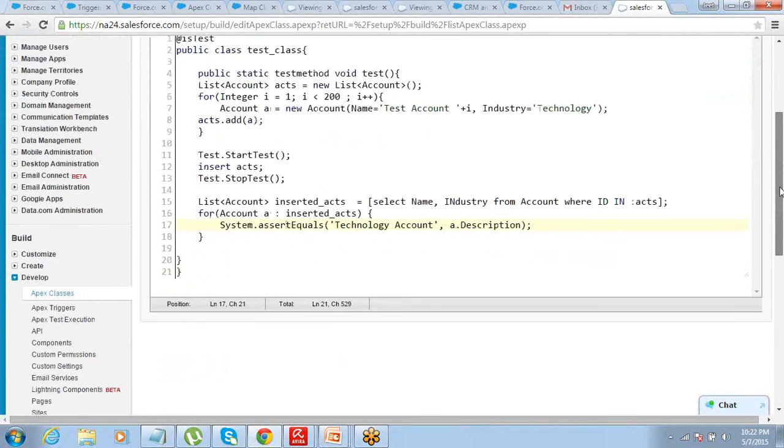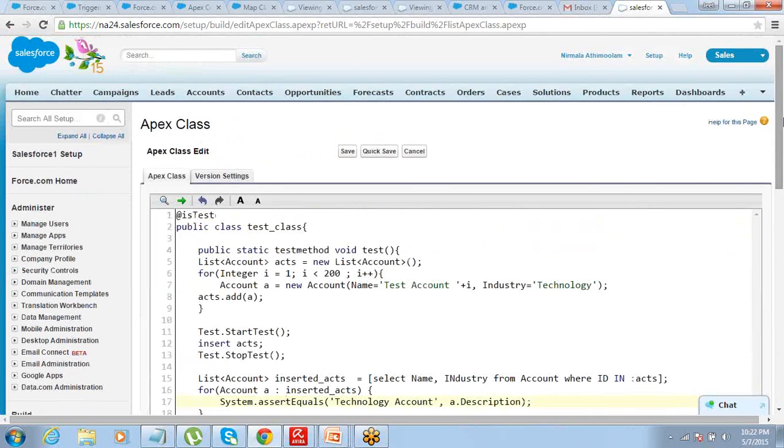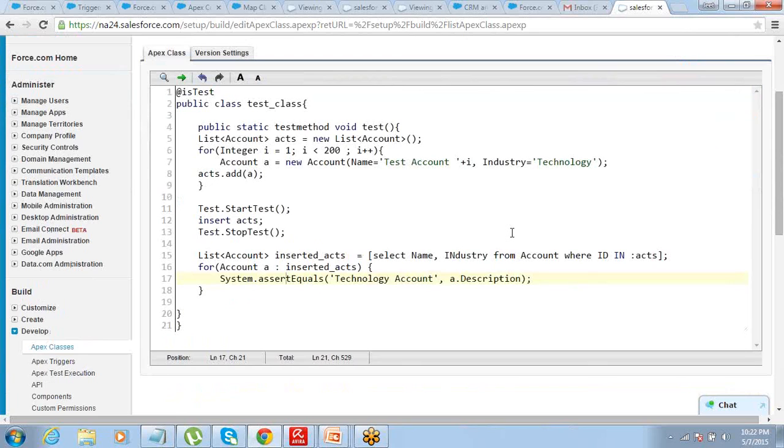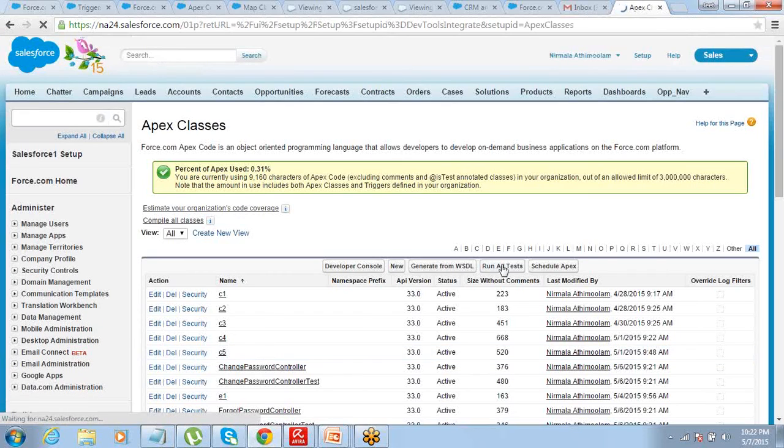Now how do you run this test method? The moment you run this test method, whatever operations this test method tests will get code coverage automatically. To execute the test method, it's pretty simple. If you go to Apex classes, you have an option of Run All Tests. This will run all the test methods. You can do that, or the other way is from the developer console.